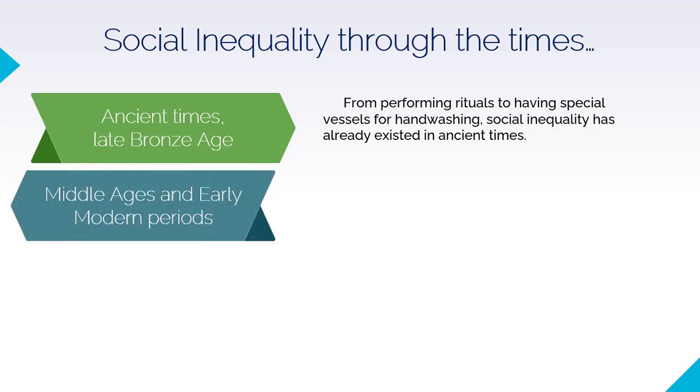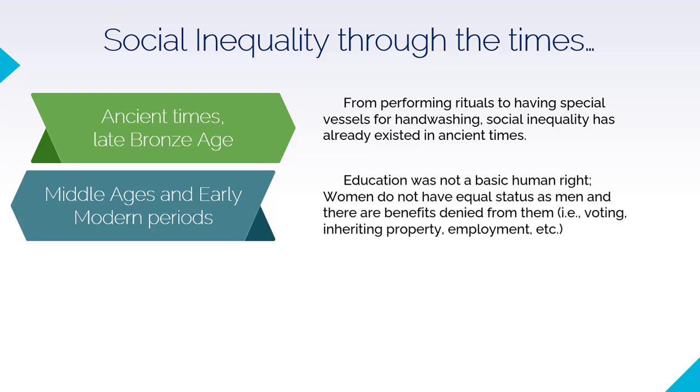From the Byzantine era, Renaissance period, to Age of Enlightenment in the European time periods, social inequality is experienced in different parts of the world. One of the most prominent social inequalities is the access to education. Only the members of elite families usually get proper education. Slaves and commoners are not expected to learn how to read and write. There was also a lot of restriction to what women can do and where they can go. They are also not expected to get higher education, not even the fundamentals. Women are not allowed to vote nor join in conversations of politics.